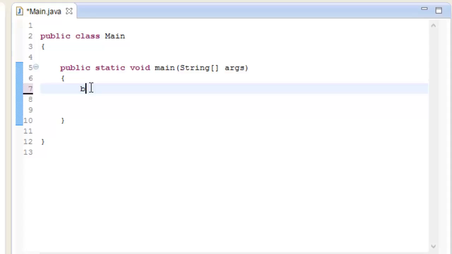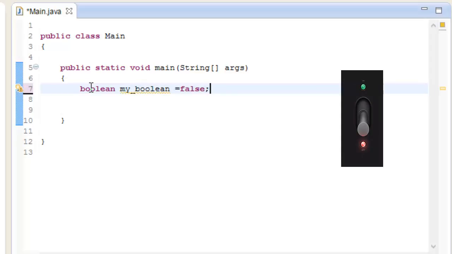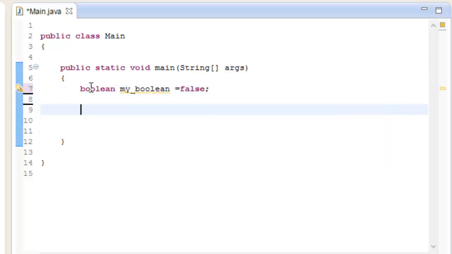I'm going to type boolean and give it a value of true or false. It can be true or it can be false, so whether we turn it on or turn it off. Now I'm going to show you how we can use it in an if statement. I'm going to type my boolean here,